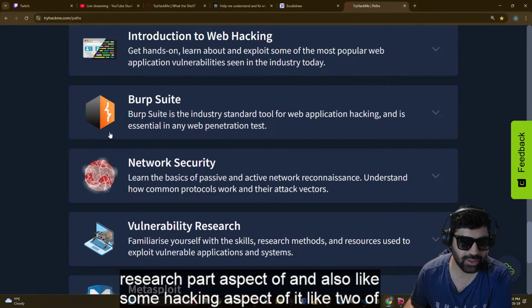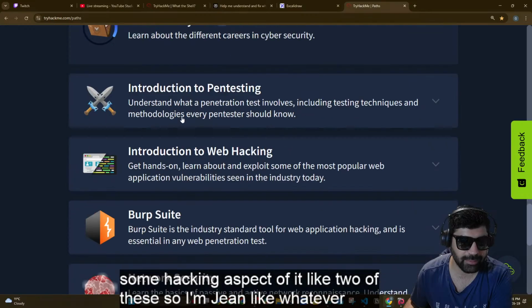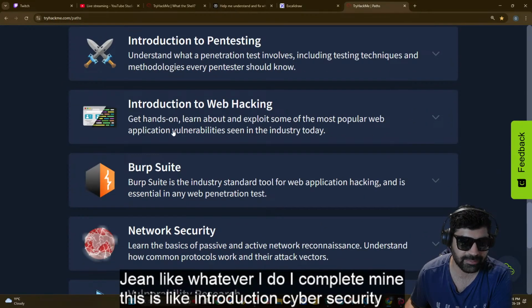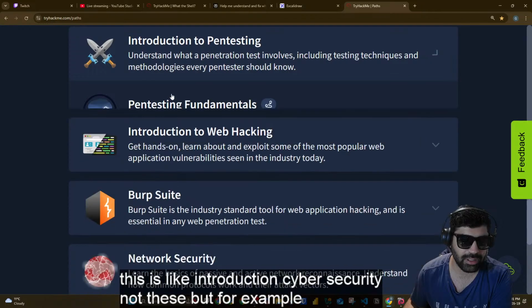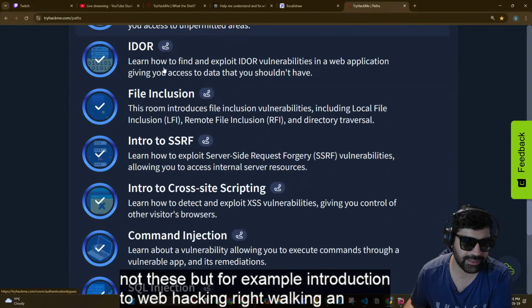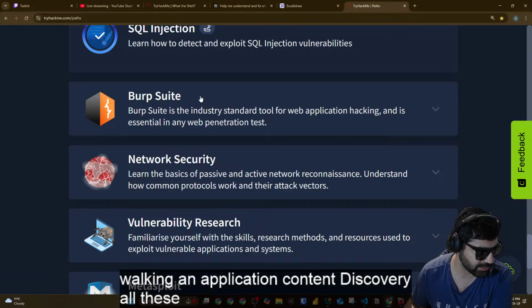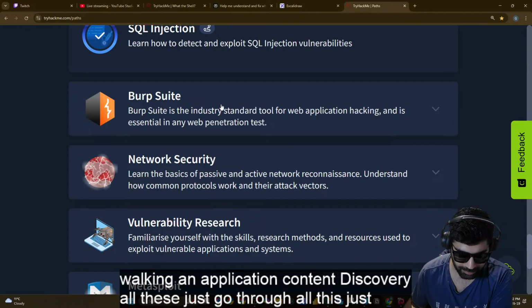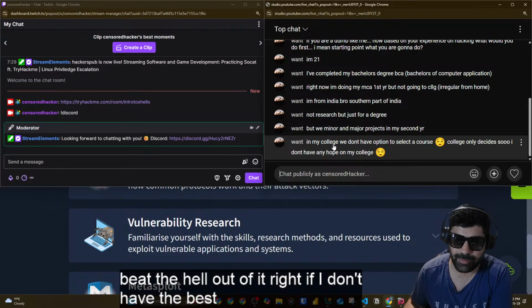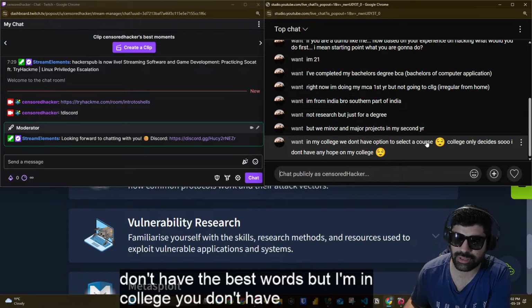Like 2 of these. So whatever I do, I complete mine. This is like introduction to cybersecurity, not these, but for example, introduction to web hacking, right? Walking an application, content discovery, all these, just go through all this. Just beat the hell out of it, right? I might not have the best words, but I'm in college, we don't have the option to select a course, college only decides. So